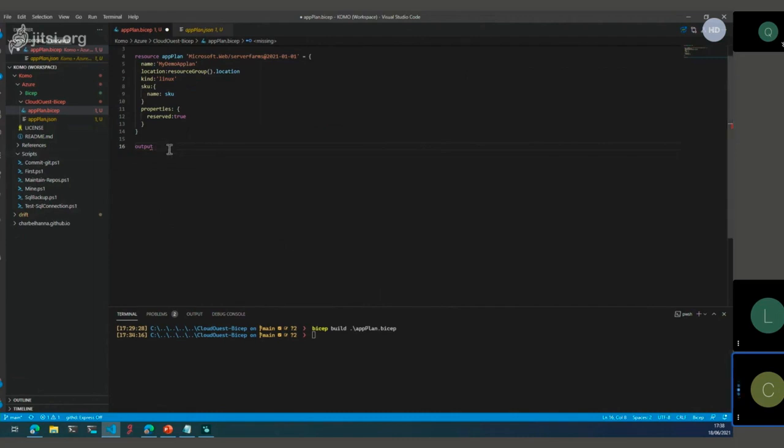So, for example, here I can say my variable is appPlanId, which is a string equal to... you see directly, I can refer to the app plan symbolic name again, and I can use id. So I don't have to use the resourceId